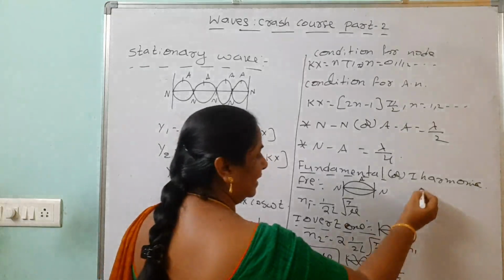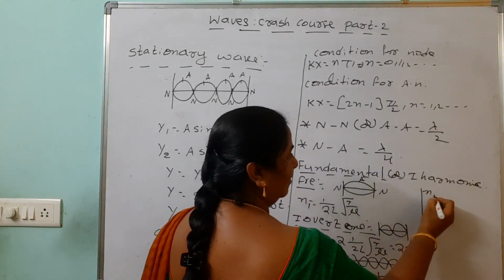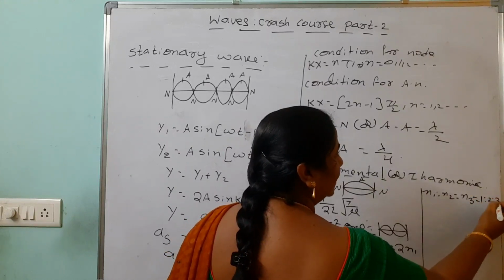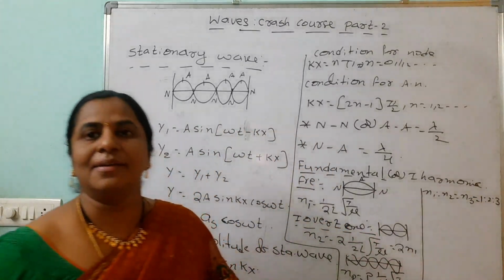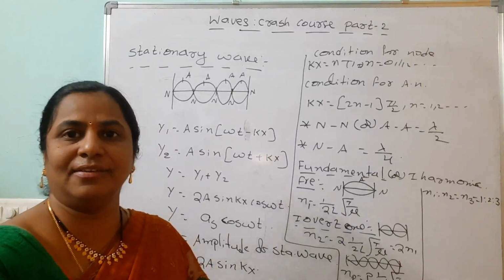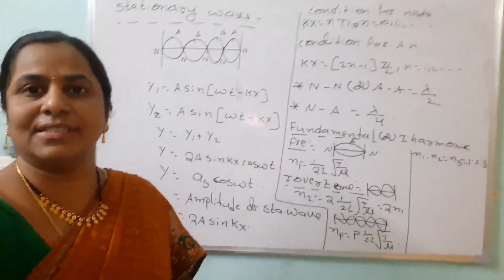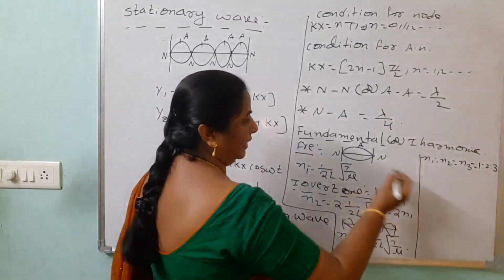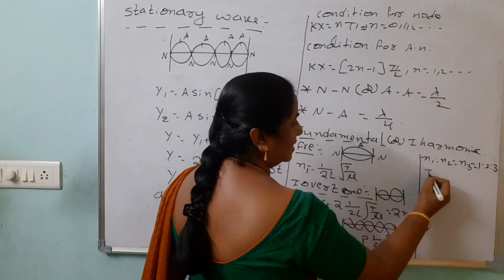Like that, when we take the ratio of all these, N1, N2, N3 is 1 is to 2 is to 3. Based on the fundamental frequency, we can say what is the first law, what is the second law, and what is the third law of harmonics. Look here, vibrating string. First law is